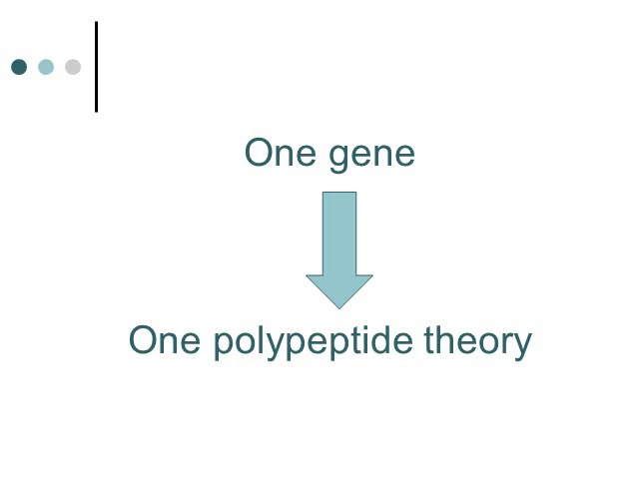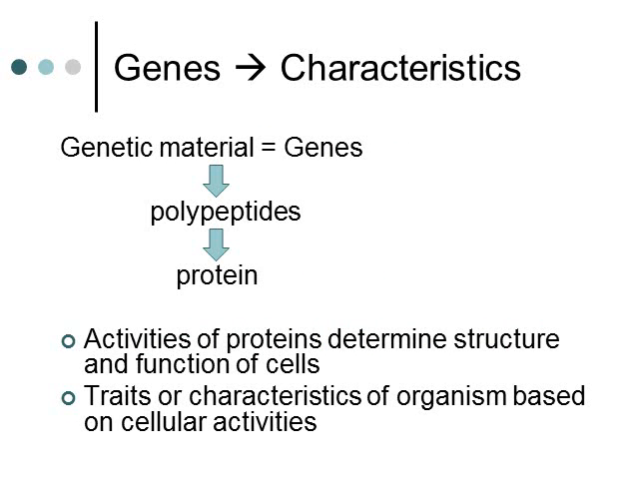So we're going to be looking at this one gene, one polypeptide theory. To summarize how we're going to take these genes and see how they actually give us our characteristics. Remember, our genetic material contains these genes, which are distinct units on our chromosomes and our DNA. Those genes are going to code for polypeptides. One polypeptide can be a protein, or you can have multiple polypeptides come together to form your functional